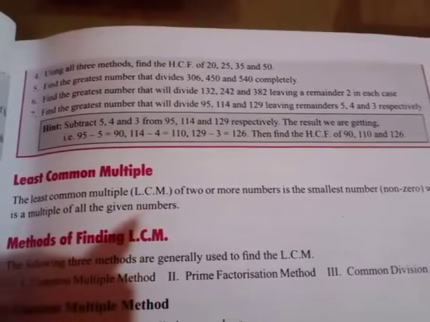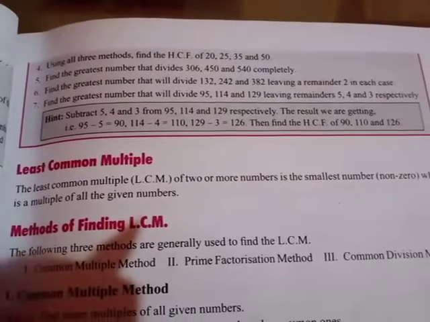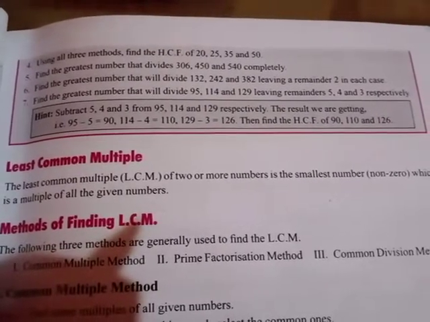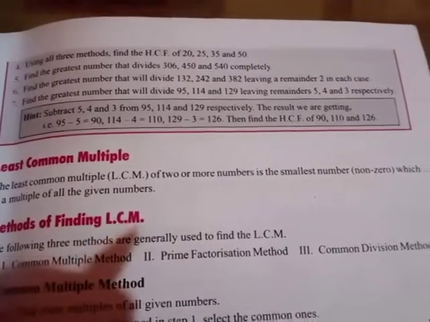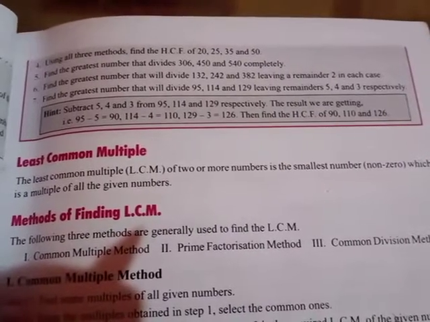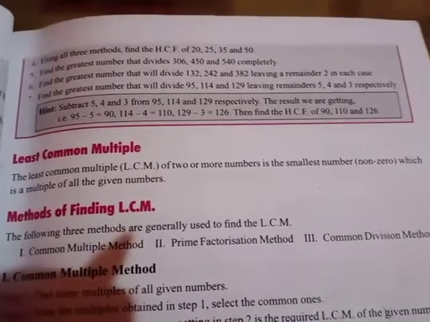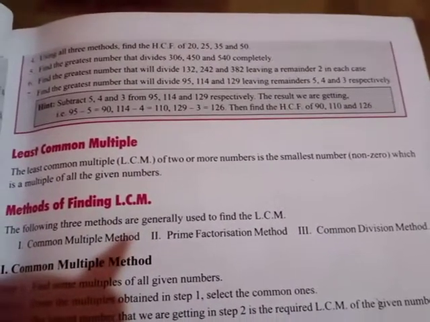When we find HCF, we find a number that exactly divides all of them. But here they are saying that you have to find HCF, but it will leave remainder 2 in each case. That means 2 is extra in all these numbers. In this case you have to subtract